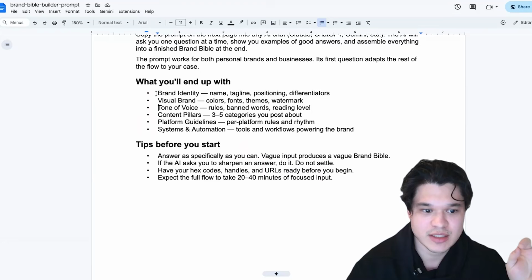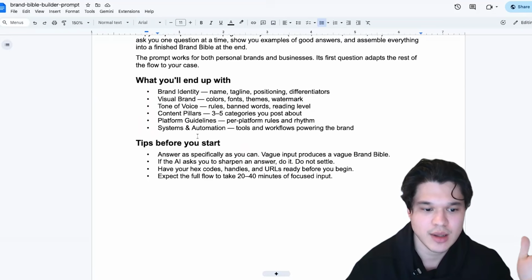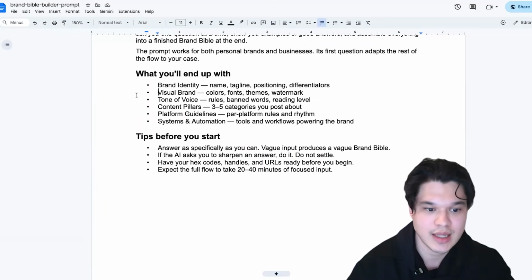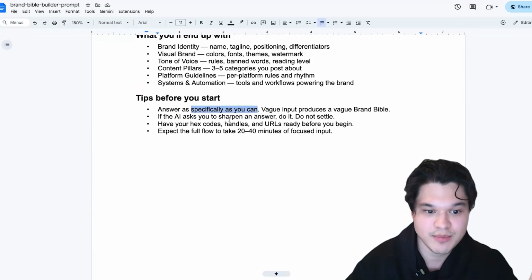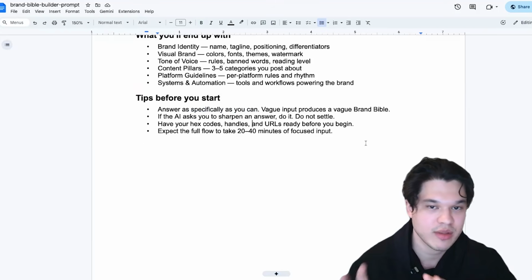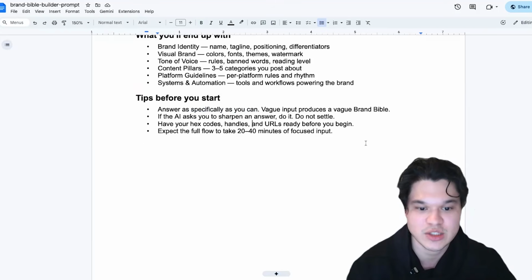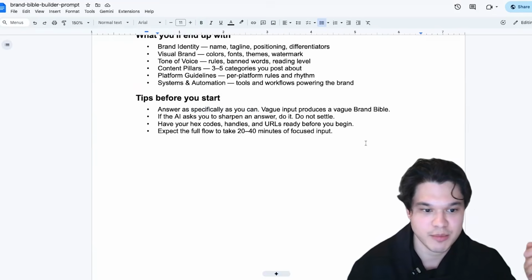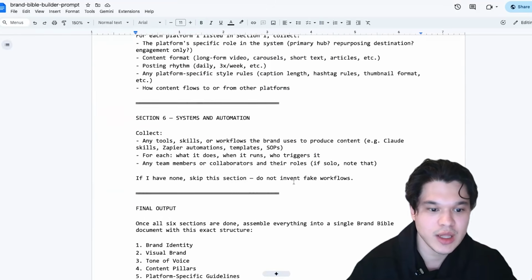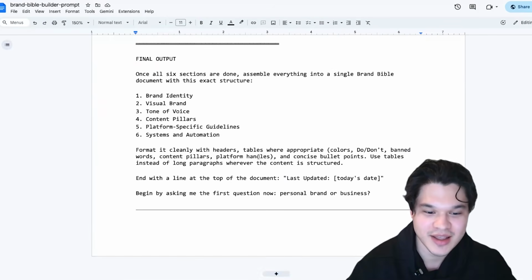What you'll end up with is brand identity, if you don't have it already, visual brand, tone of voice, content pillars, platform guidelines, systems, and automation. If you have some of these already, I would encourage you just to go through this process nonetheless. Answer as specifically as you can. If you're still kind of vague, what I would say is just get references from anywhere, whether that's from your own account, from your own data, or just from competitors or assets you find inspiration from. Just copy and paste this entire thing and you'll have a pretty good understanding of your brand if you don't